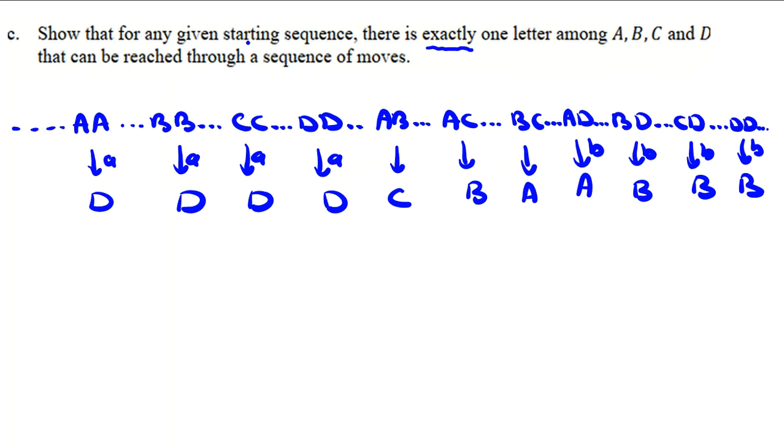Show that for any given starting point sequence, there is exactly one letter among A, B, C, D that can be reached through a sequence of moves. So here you should prove that you can reach one letter, and also you should prove that that letter is unique because of exactly. I would prove why you can reach one letter, but for the whole proof that why that letter we have reached is unique, for the whole proof you should send a message